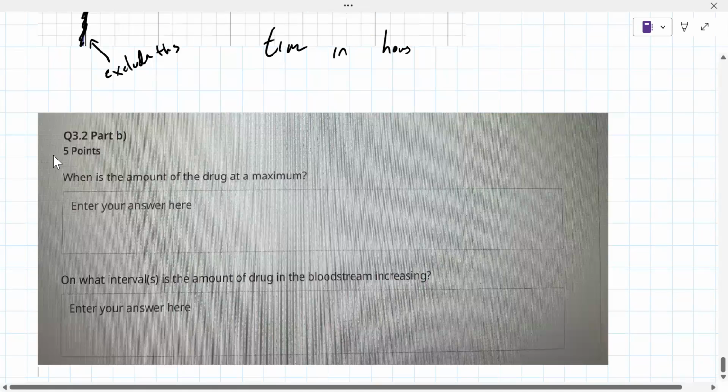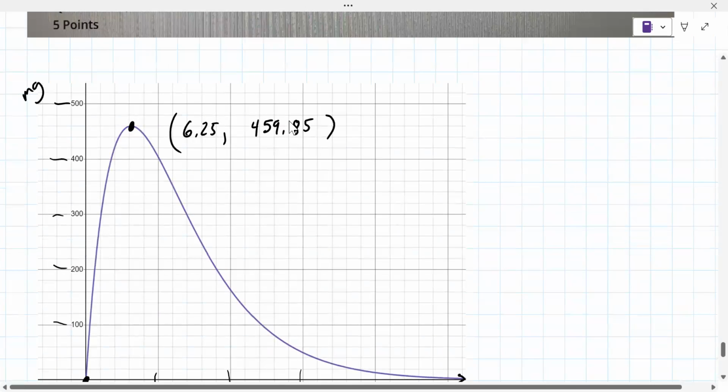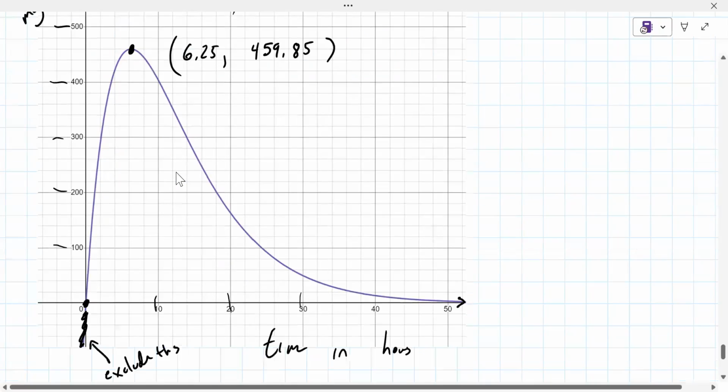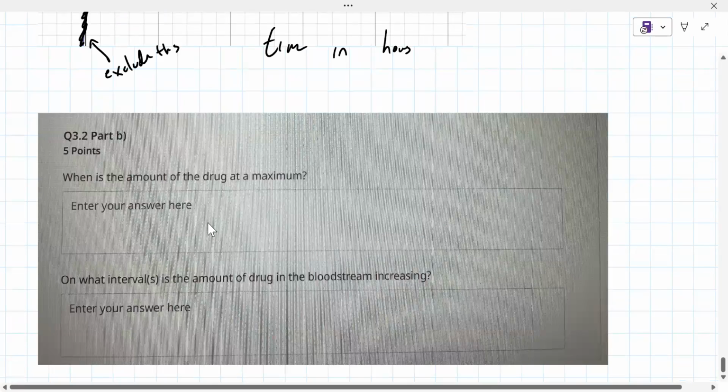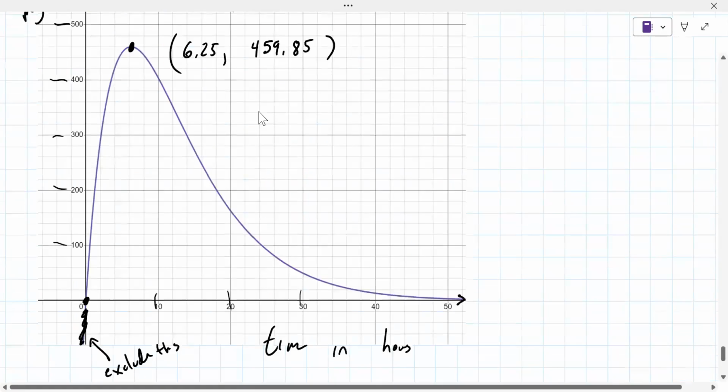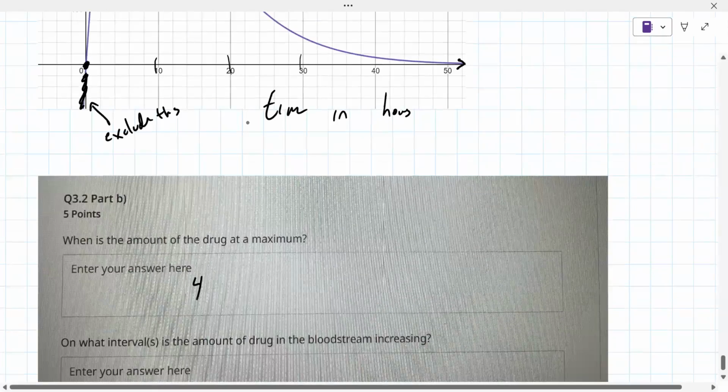All right. What is the amount of drug at a maximum? So remember when the graph said to identify all the peaks and valleys? We actually already have that information, but we have to now interpret it. There's two points. The first one is time in hours, and the second one is the amount of the drug in milligrams. So what is the amount of the drug at a maximum? That's where we give that number that we just found from the graph, the 459.85